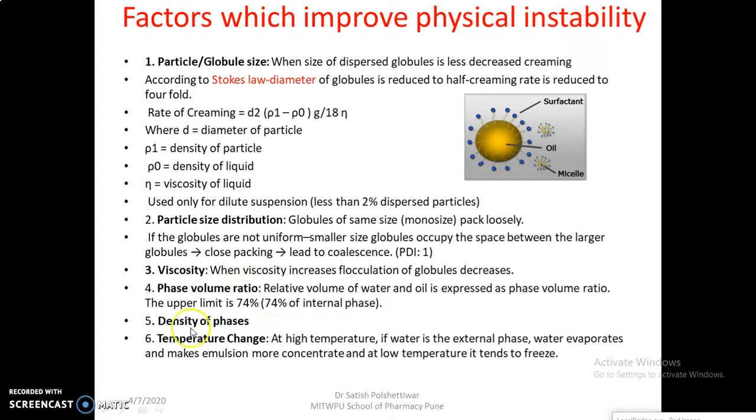If the difference is significant, then what happens? The globules will sink, and that means the particle globules will be settled down. It will form aggregates, and again it will form a problem of instability. Temperature change also will affect the instability. Okay,